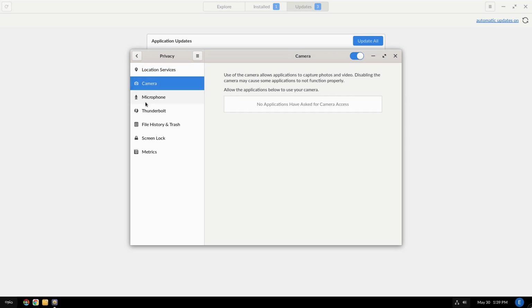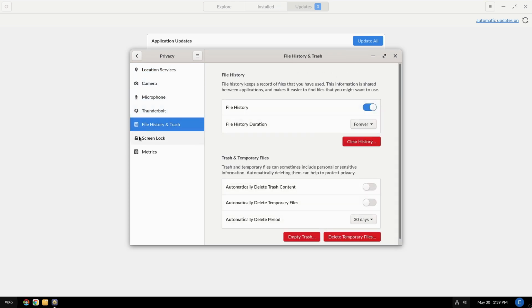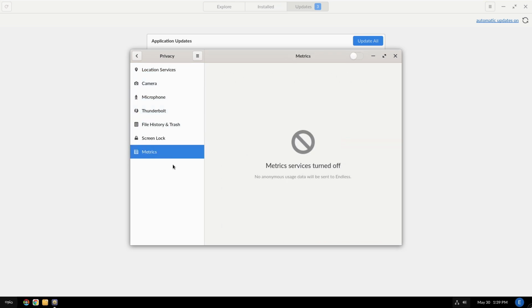We have camera, microphone, Thunderbolt, and here is metrics. Metrics services turned off. No anonymous data service will be sent. So that is off by default. So this actually is confusing to me now, where their EULA basically said there's going to be a bunch of stuff turned on, but now this part's turned off and it says no anonymous usage data is going to be sent.